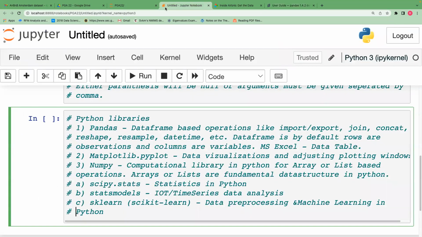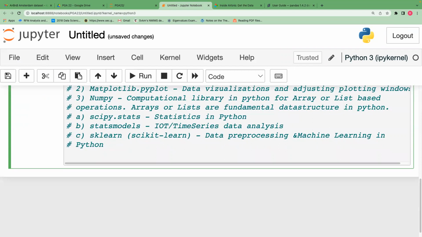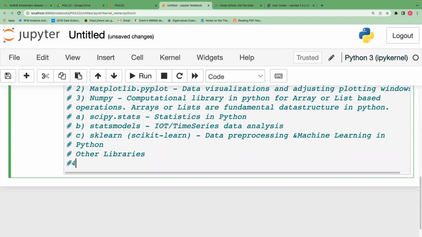So any doubts till now? Now we will also work on other libraries. Other libraries which we will go through in this curriculum are, the fourth one after NumPy. One other library we will go through in our course is NLTK,